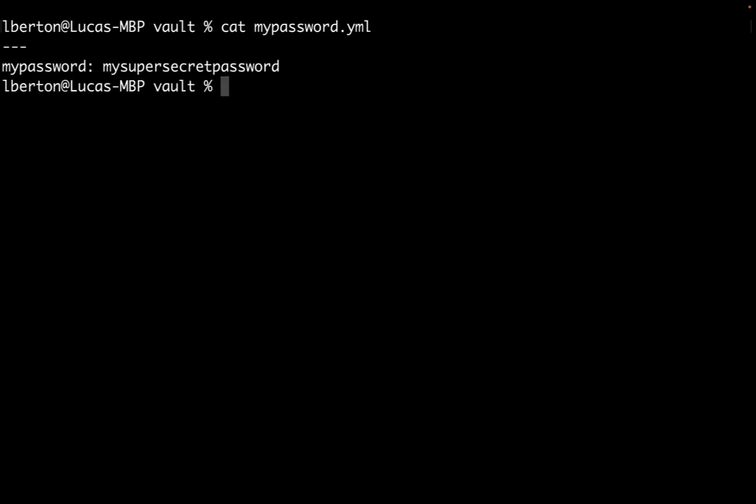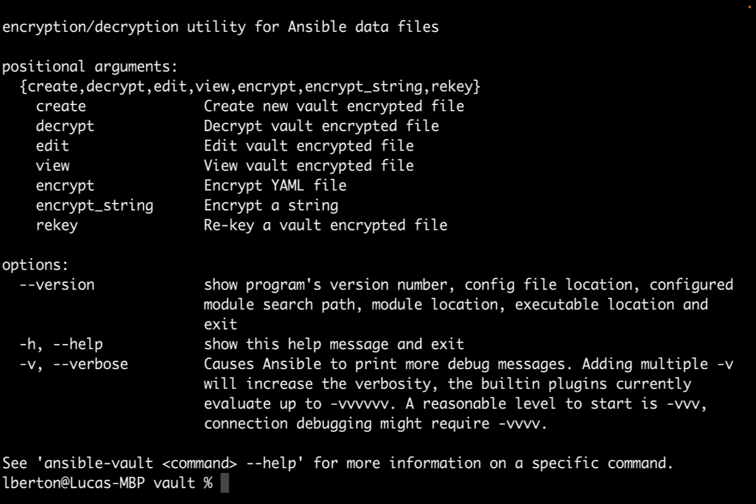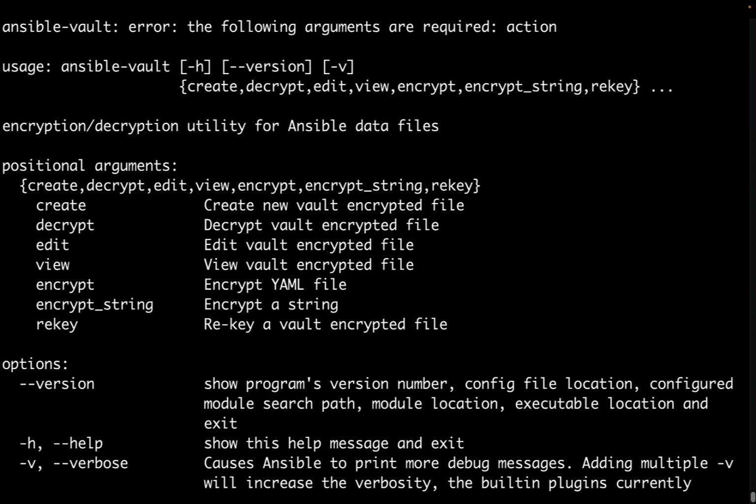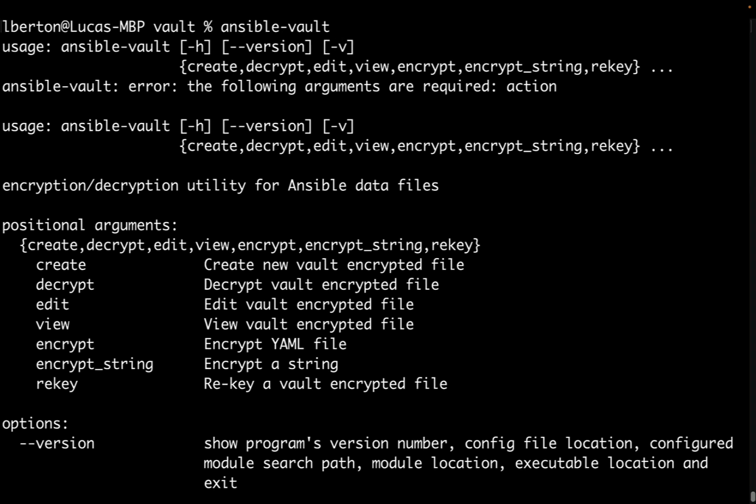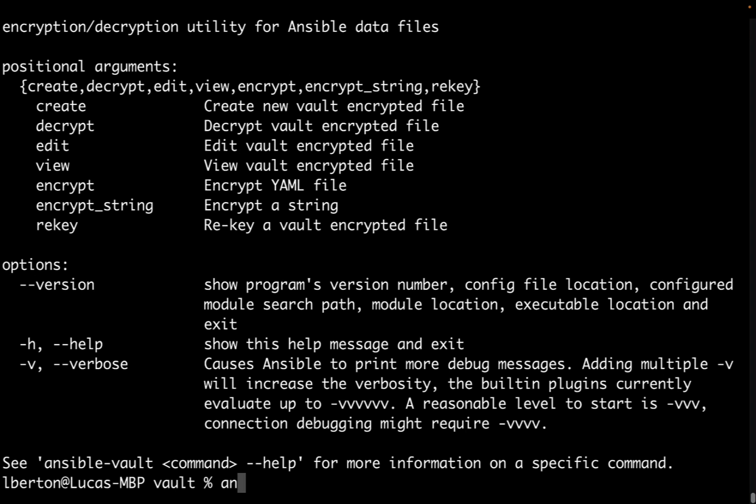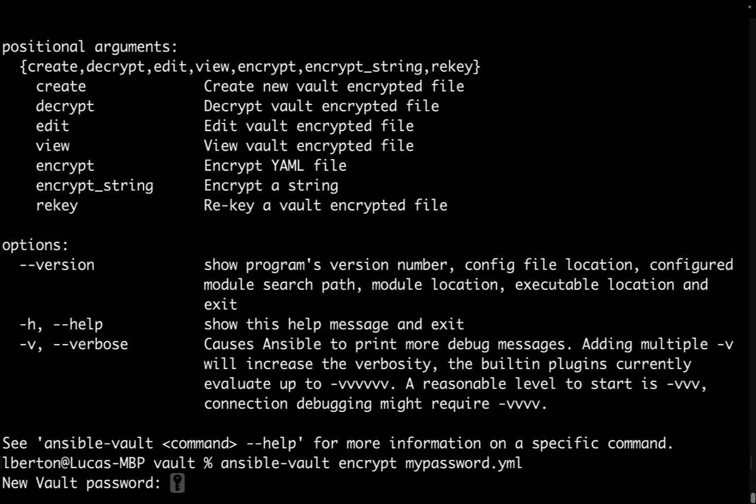Welcome to my terminal. Yes, you can use whatever terminal your operating system provides. In my case, I already copied the files in the current directory, so as you can see, mypassword.yml is in clear text. We need to create an Ansible Vault using the ansible-vault command line utility. This is included in every Ansible installation, so let me use ansible-vault with the encrypt parameter to encrypt my password YML file.